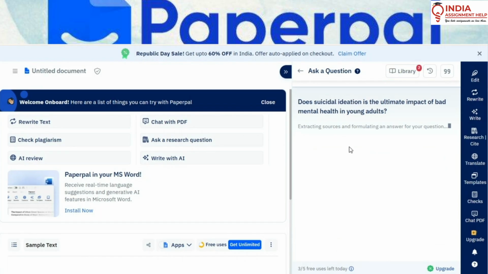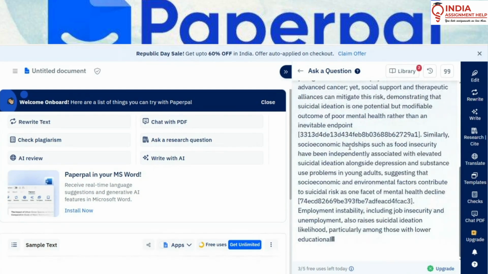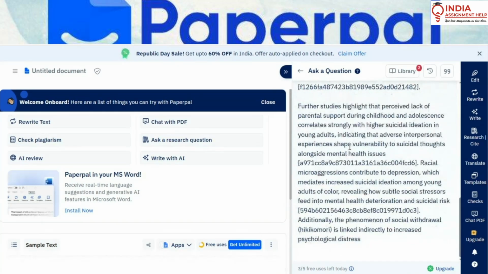Now Paperpal is going to answer this question very concisely and will also give me all the related research articles and papers, so that I can cite them, or I can open up any paper, view the PDF, and learn more about it. And if I'm going to write this in my research paper, I can even cite using Paperpal. We are going to learn this in the following steps, but it is just taking a moment to extract the sources and formulate an answer for my question. It has started giving me an answer for this. See,